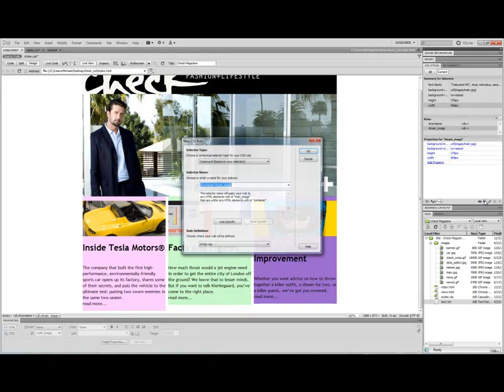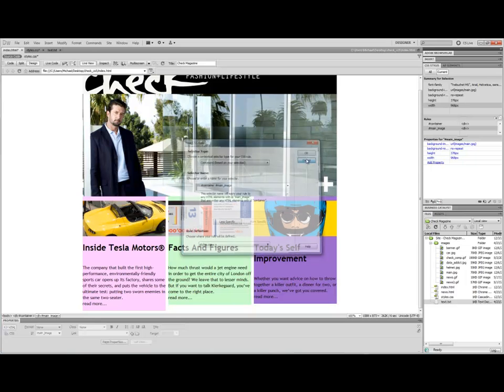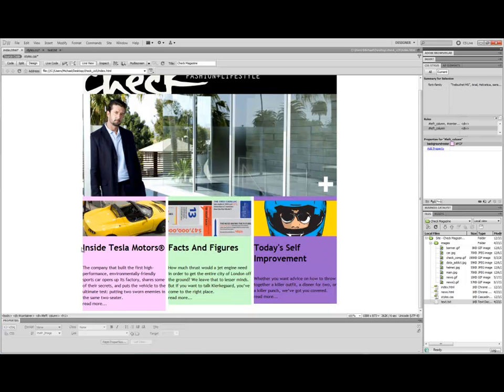So if I go to new CSS rule and I say, you know what, I want to change compound, and now let's just first select it and make it a little easier. Let's select this text here, and you know this is in the left column,